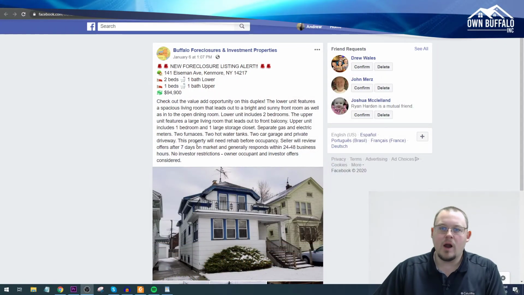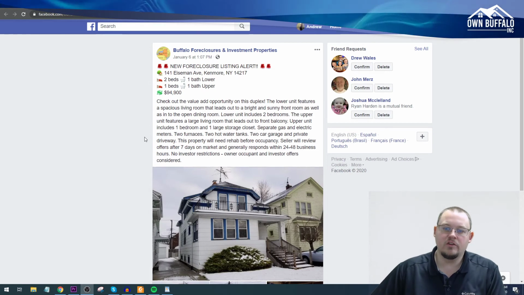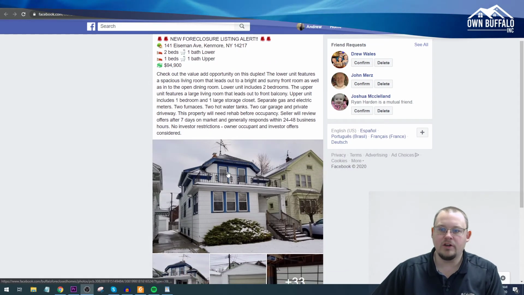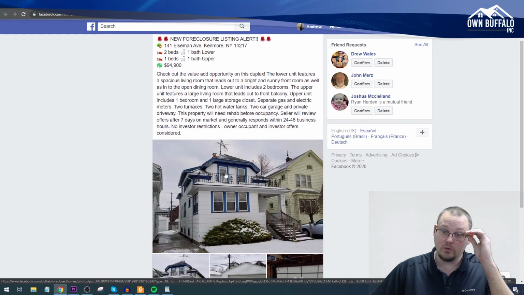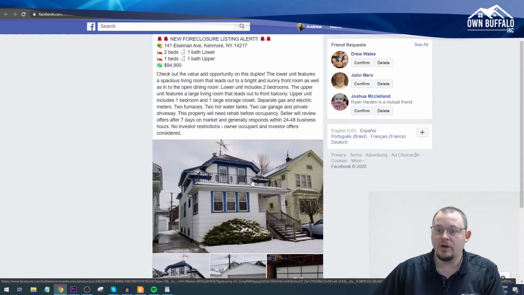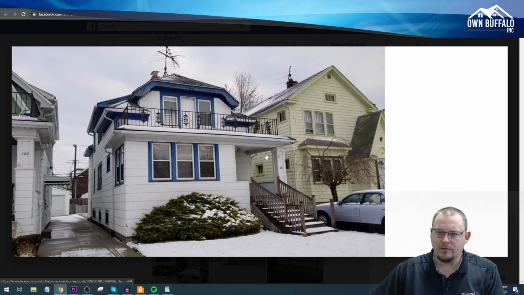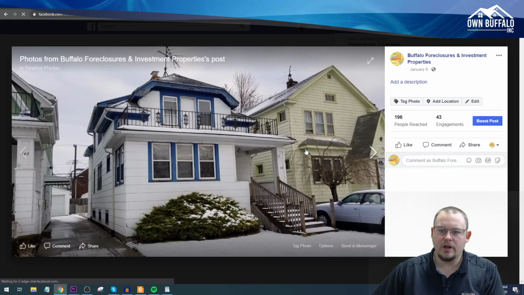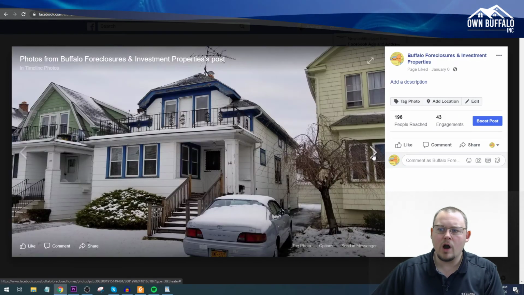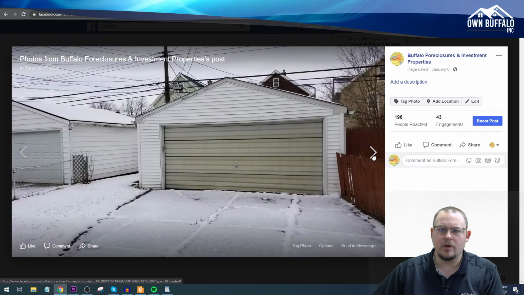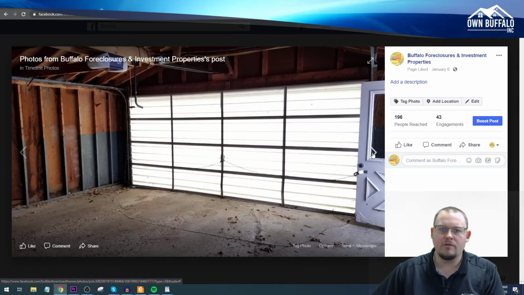First thing I wanted to mention is that we have a new foreclosure listing that just hit the market this week. This property is in Kenmore, New York. This is a value add type property. It needs quite a bit of work. Definitely needs a roof. The interior is going to need some rehab here. Is it going to let me click photos? There we go. We'll go through a couple of the photos here just so you can get an idea. We do have a walkthrough video of this that's going to be posting sometime in the next day or so as well. And all of this information can be found on our Facebook page,